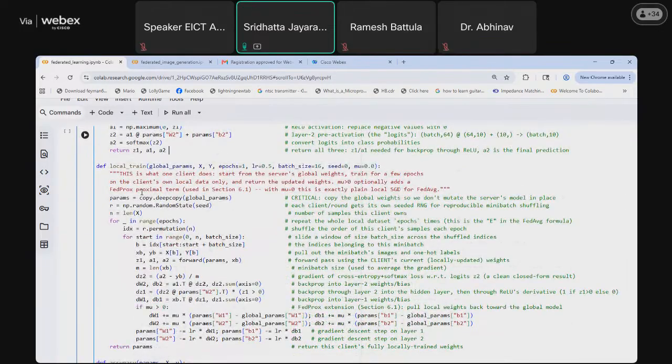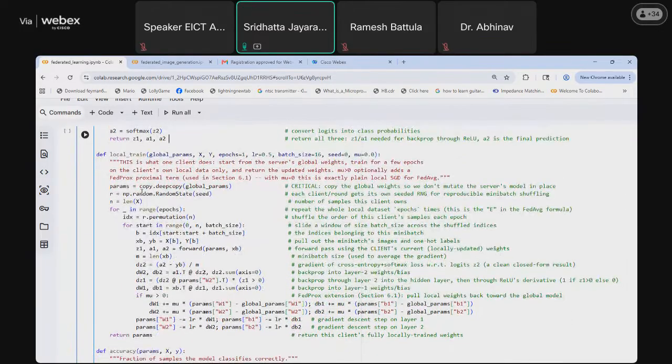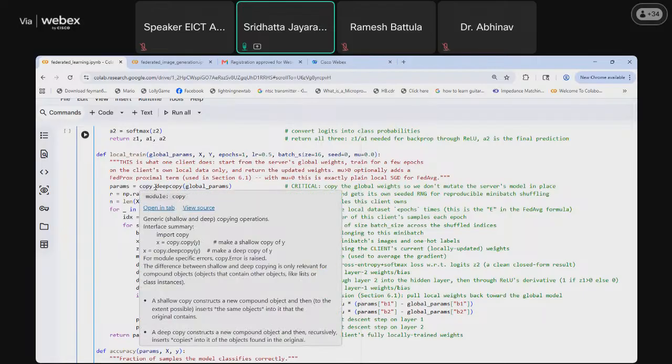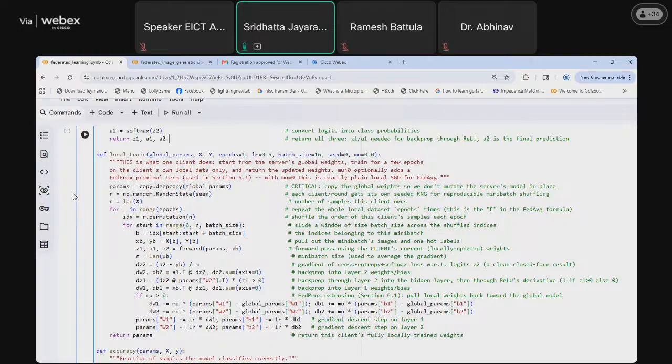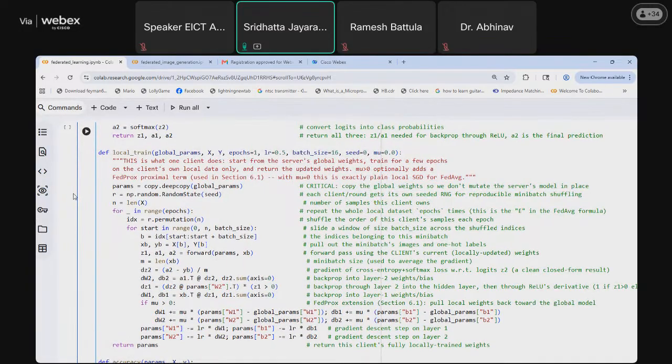Now coming on to the local train. This is for training, as I said earlier; in federated learning, we'll be training our model locally.